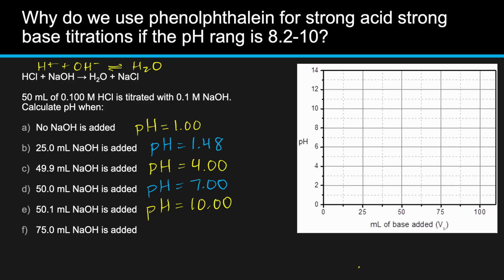And finally, what happens when I add 75 milliliters of sodium hydroxide to 50 milliliters of hydrochloric acid? That means I'm going to have 50 milliliters neutralized and 25 milliliters left over. So I have 25 milliliters of 0.1 molar sodium hydroxide. So again, getting moles of hydroxide, I'm going to have 0.1 times 0.025. That's going to give me